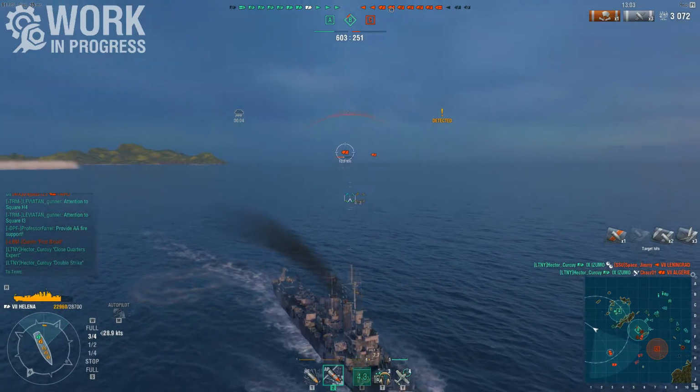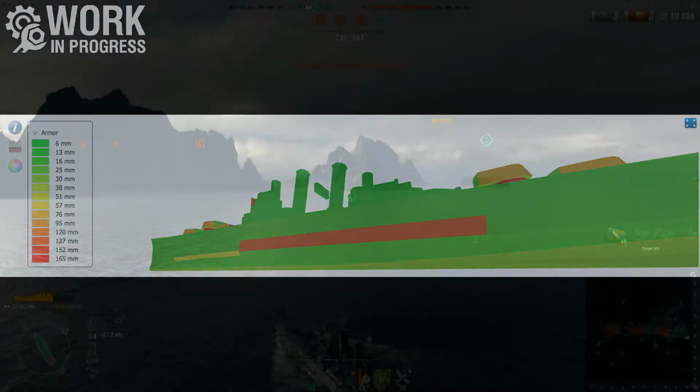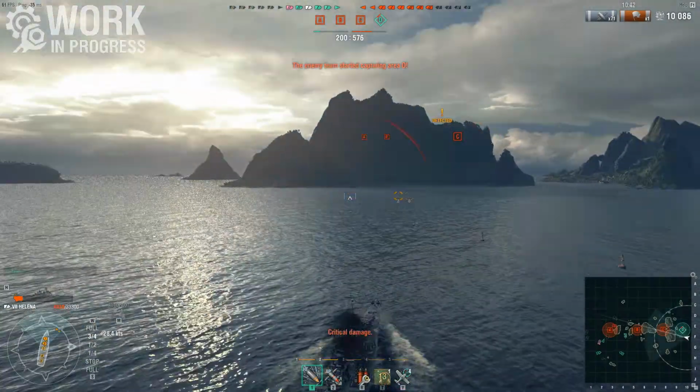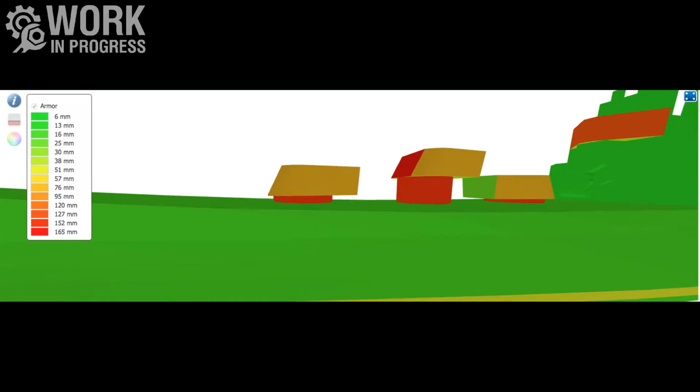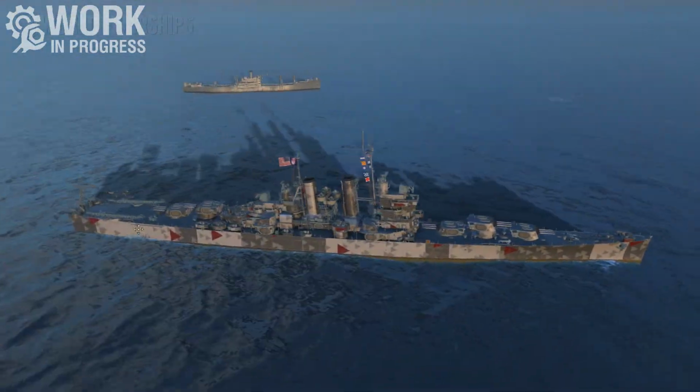shrug off broadside fire with her citadel, consisting of plating with anywhere from 16 to 127 millimeters of thickness. And while most of it's below the waterline, there's still enough sticking up out of the water to make her very vulnerable here. Gun turrets and barbettes are protected with some of the best armor in Tier 7 cruisers, with anywhere from 38 to 165 millimeters of armor, and capping the citadel, the auxiliary room armor provides a further 16